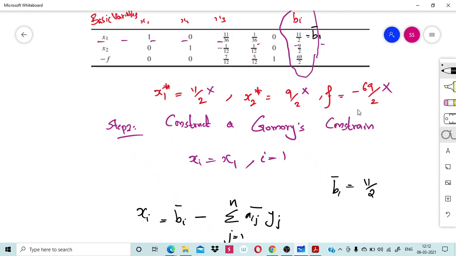Here we are defining the basic variables, right? x1 and x2, and we have x3, x4 also. So the non basic variable,